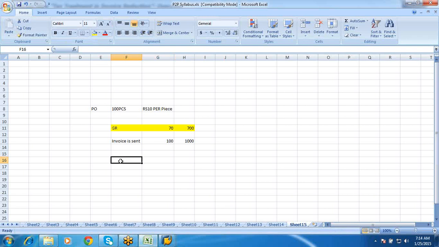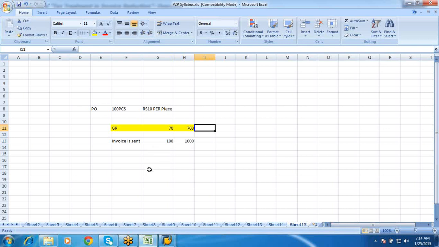You need to post for 700 only, not for 1000. So that is your invoice reduction. You would be posting an invoice document only for 70 pieces, not for 100 pieces.